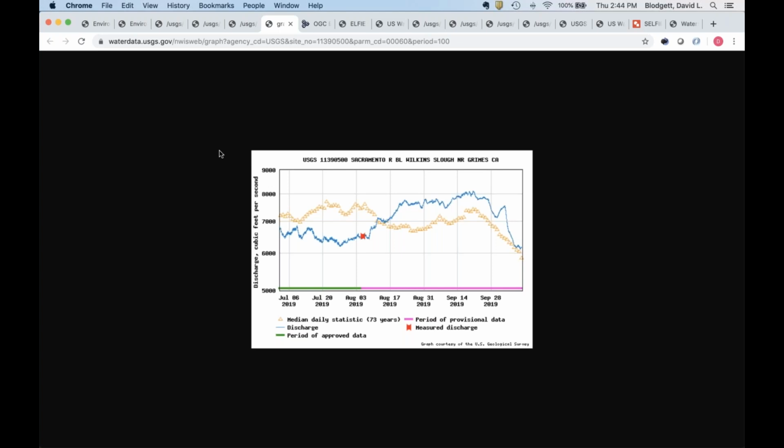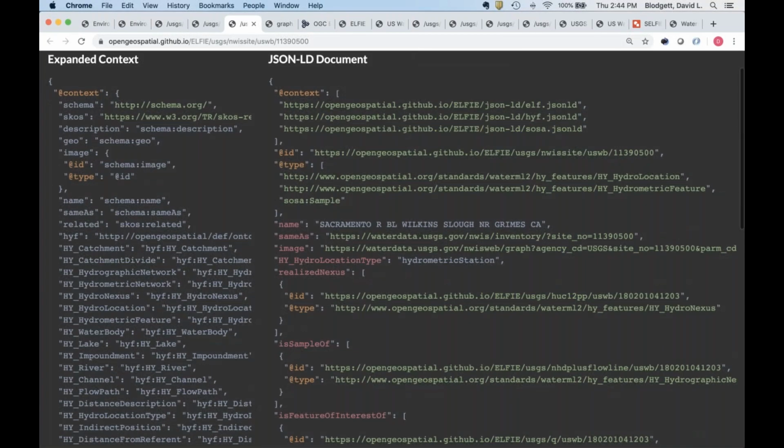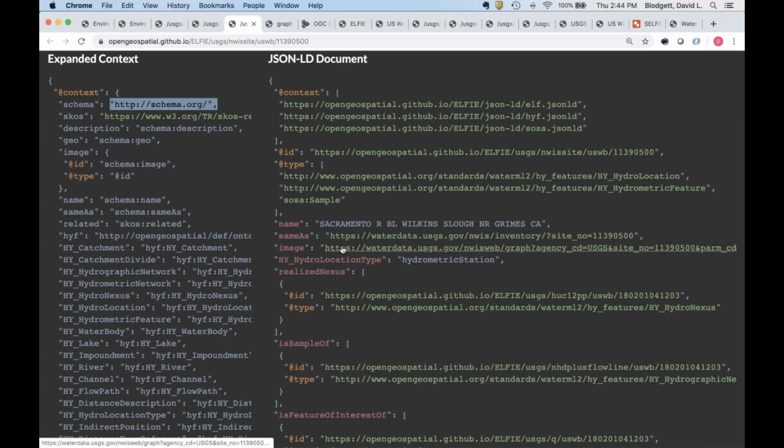So then the idea would be the Google crawler could crawl around this content, and all this content would be embedded in the headers of web pages, but be of relevance to a search crawler. And the search crawler knows what a schema.org image is. So this image is declared over here. It's a schema image from the schema.org vocabulary.